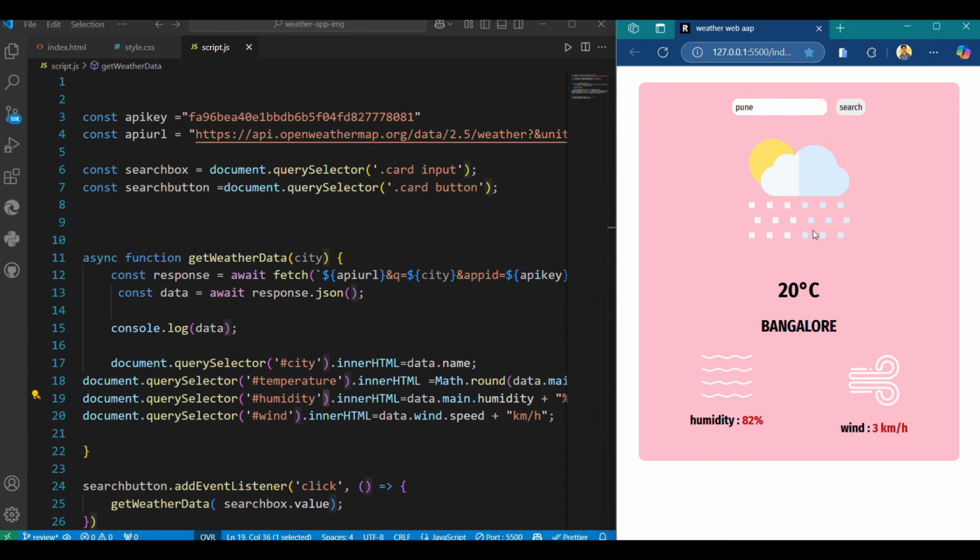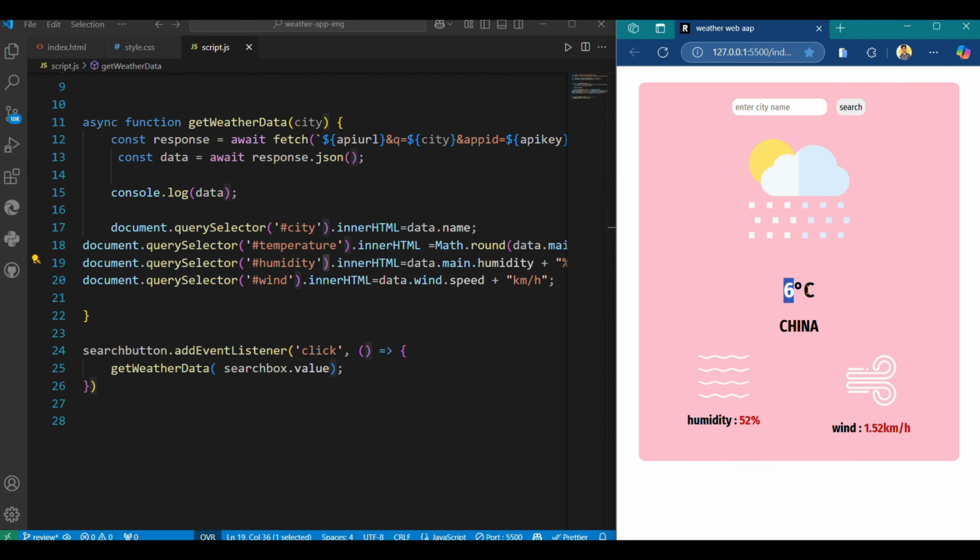After entering the city name Pune, it's showing the city name Pune and also displaying the temperature of this city and also showing humidity and wind speed. Okay, let me take the country name China. Here it's showing China and here you can see the temperature, humidity and wind speed.